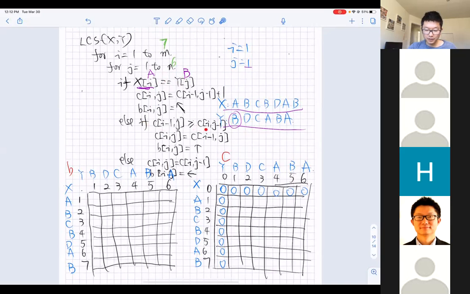So we should go over here, Ci minus 1. So we should go to the else if statement. Okay. So Ci minus 1j larger than or equal to Cij minus 1. So basically here we're talking about i as 1 and j as 1. So now let's think about it. Ci minus 1j is basically